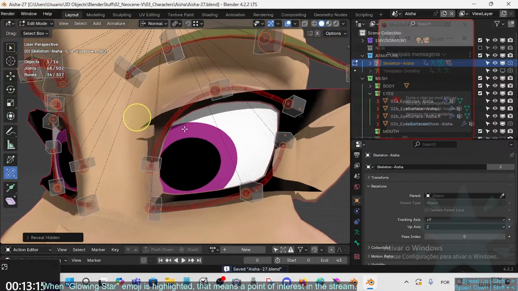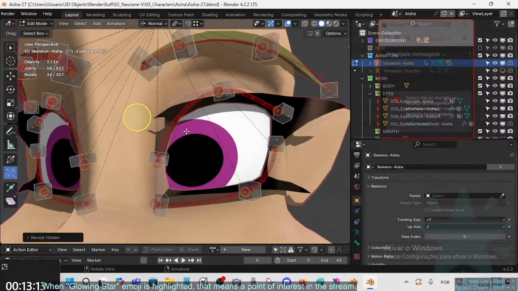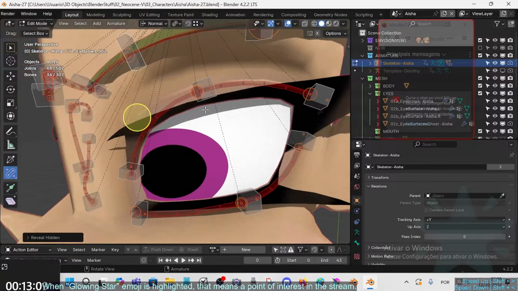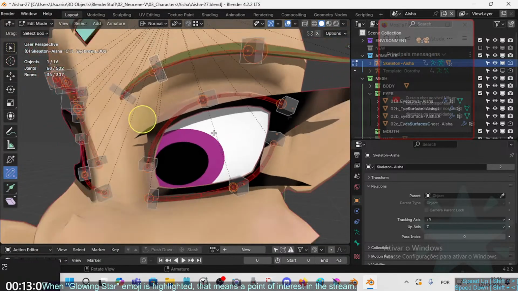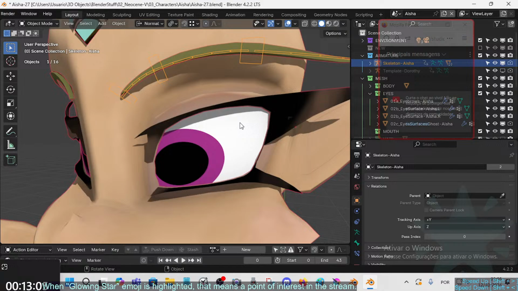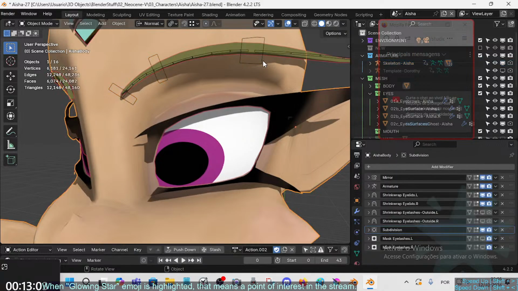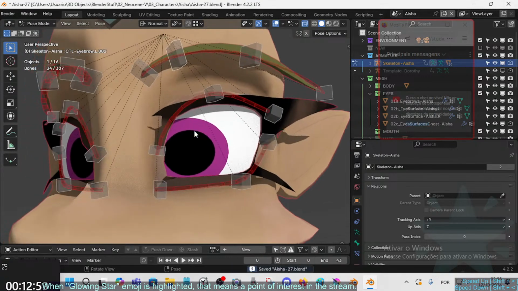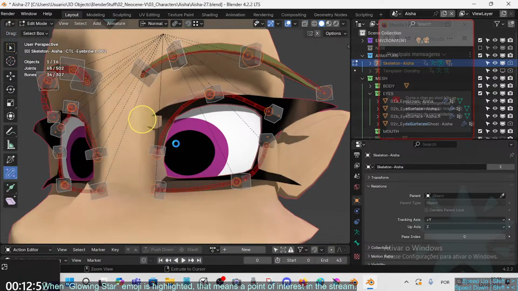It will be a bit annoying because it will be too close to the eyelids. So it's a little problem about it. So I have a